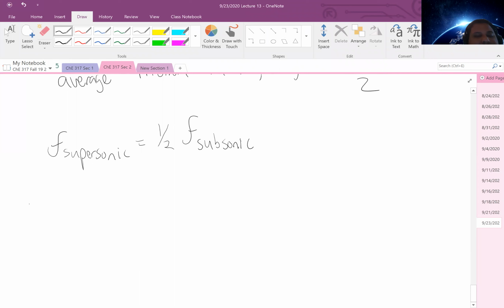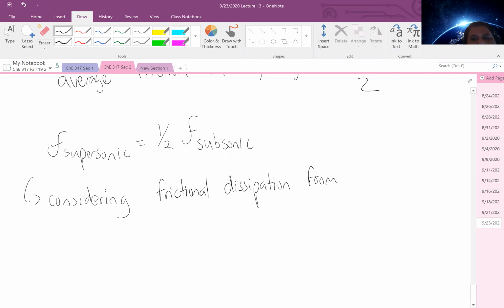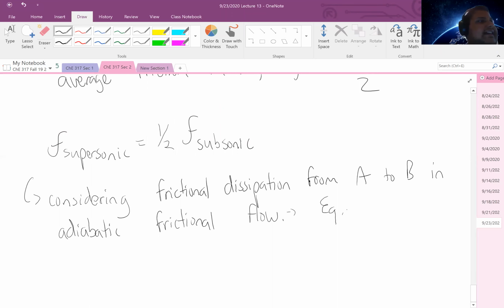And so when considering frictional dissipation from, we'll say, point A to B in adiabatic frictional flow, we have the following equation, which is essentially equation 638 on page 147,